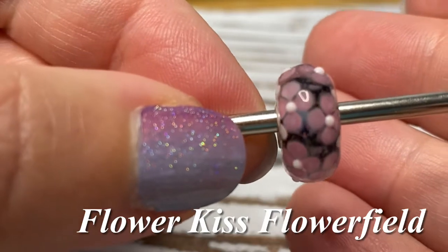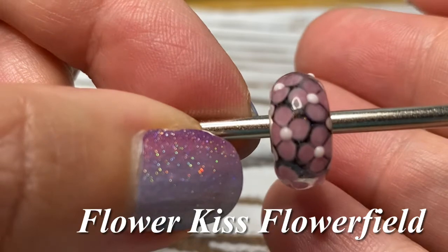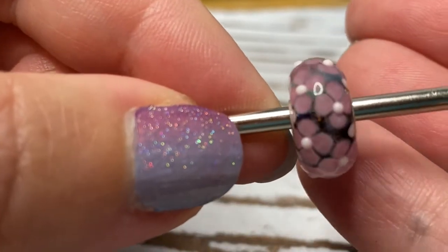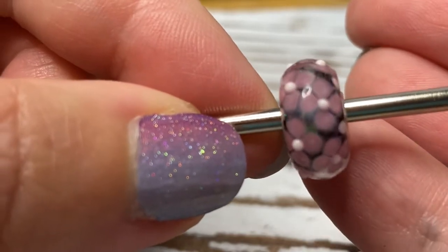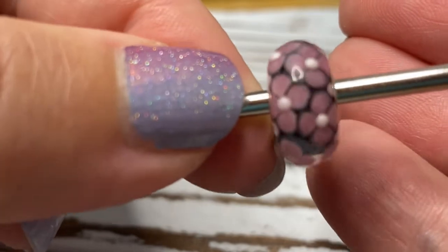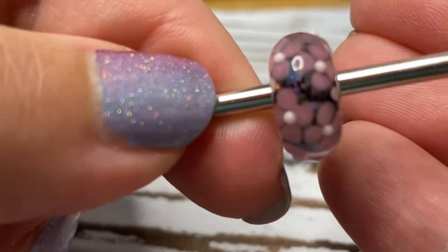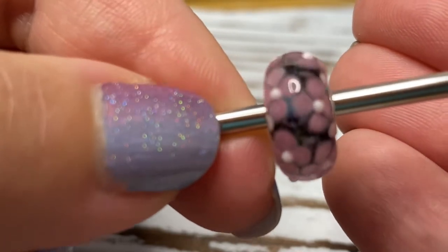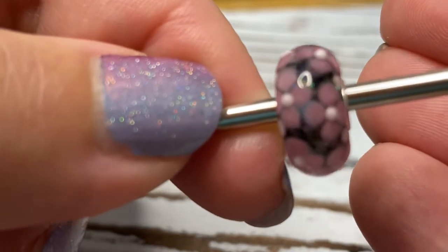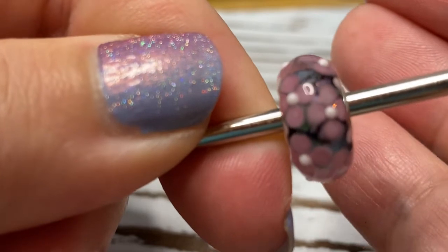Here we have the beautiful Flower Kiss flower field. The base on this bead, oh my gosh, look at it, guys. I'm hoping you can see it. The base to me looks almost like dichroic glass. Like it's got that dark, well, to me it's like a black base that has just those little fragments of dichroic glass